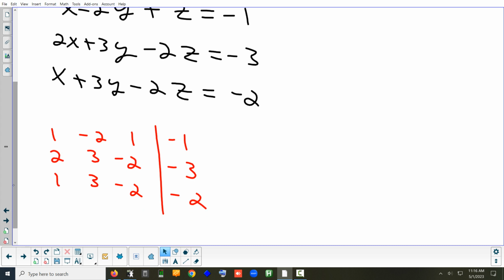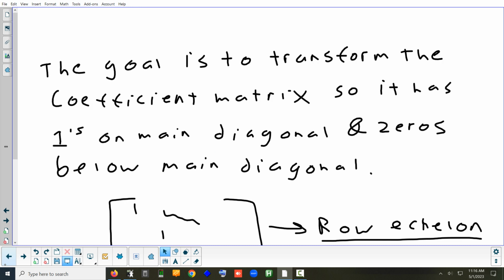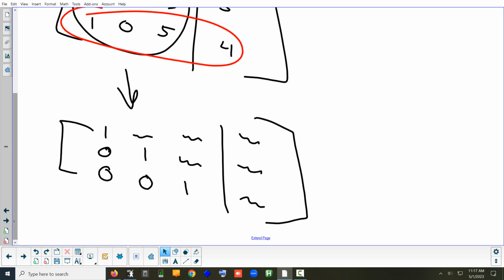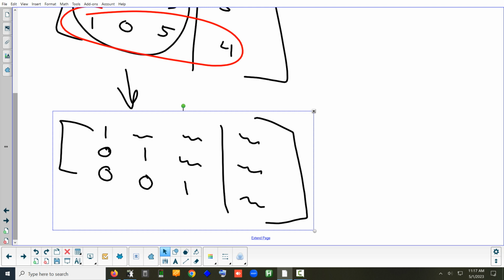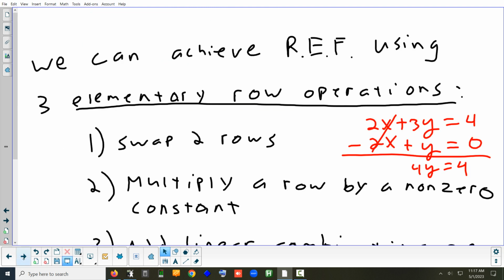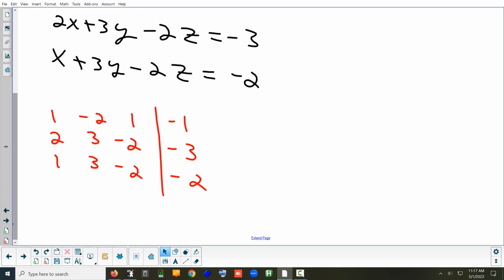Okay. So I told you in general, the goal is to get ones on the main diagonal and zeros underneath it. But you have to do that in a certain order, because once you get something the way you want it, you don't want to mess that up. So I'm going to show you the order to do it in so you don't mess anything up. I'm just going to go through that order first. So the first thing you want to do,